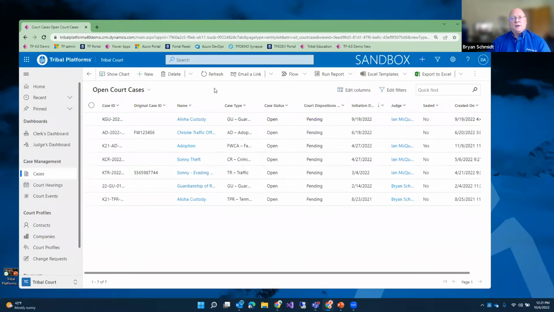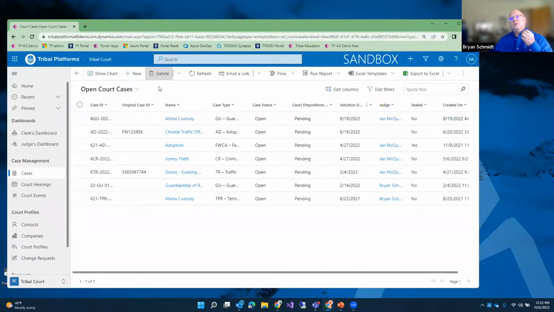That's an important point to make: we're keeping the data sovereign to your nation, so that it's stored and saved inside a subscription in a storage area that is owned by you and your IT team, and you get to decide who has access to that information. You may not grant anyone access to it other than your own staff, but we're making sure that we're maintaining data sovereignty for your organization with this platform.